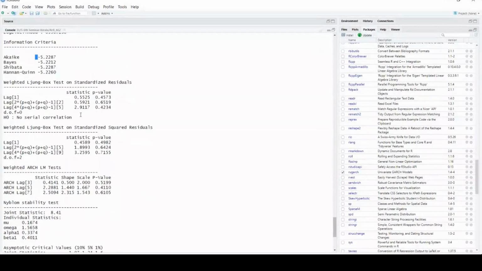We also want to see the behavior of the residuals, as that also defines whether my model is a good fit or not. Here you can see my null hypothesis is being accepted, which says there is no serial correlation among the standardized residuals. That means my residuals do not have serial correlation.